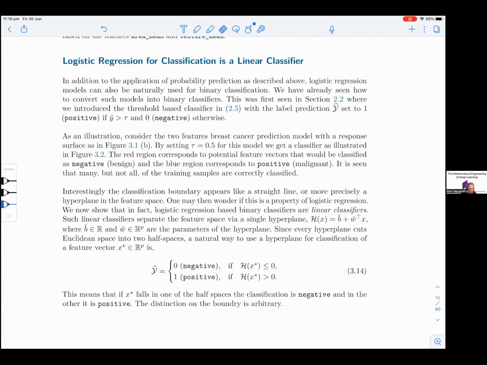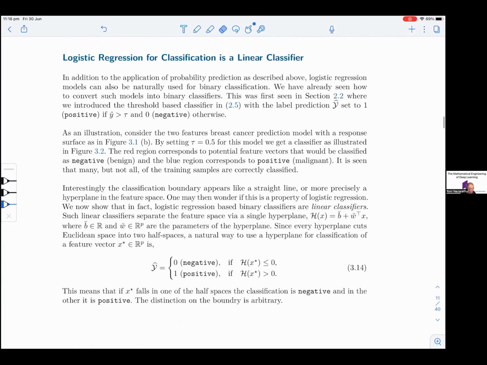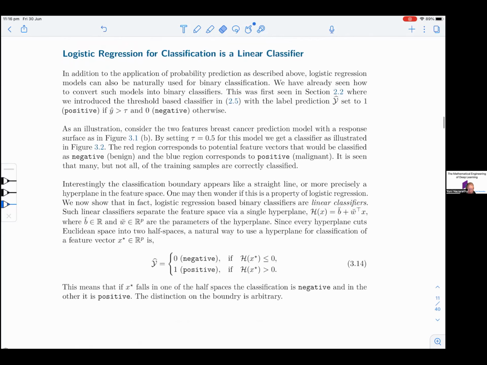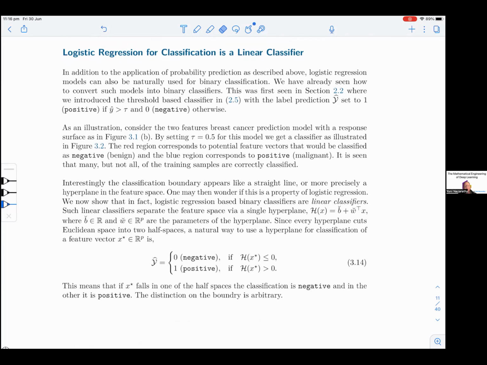Logistic regression for classification is a linear classifier. In addition to the application of probability prediction as described above, logistic regression models can also be naturally used for binary classification. We've already seen how to convert such models into binary classifiers. This was first seen in section 2.2 in the previous chapter, where we introduced the threshold-based classifier in equation 2.5